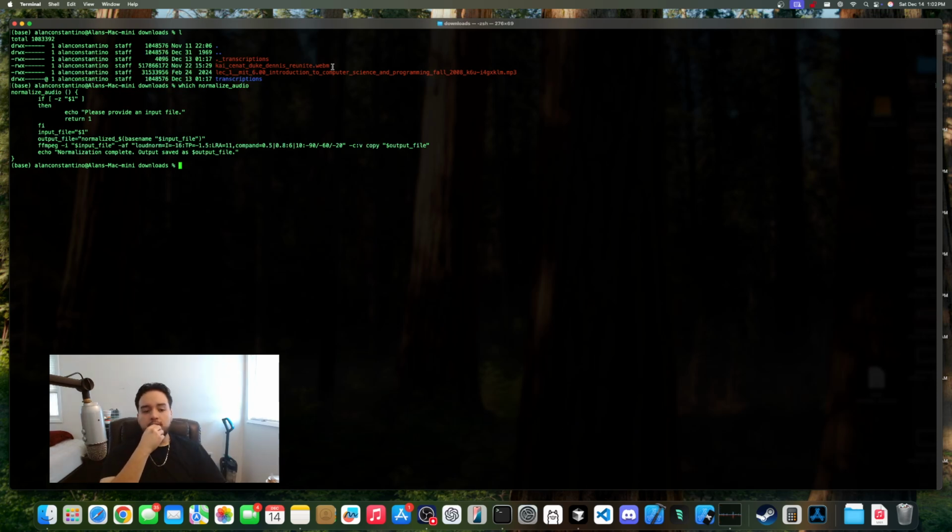What I'm curious in testing is if that affects the clip and audio, like if it affects the video, right? Because if I have some raw video and I feed it to this normalize audio function,